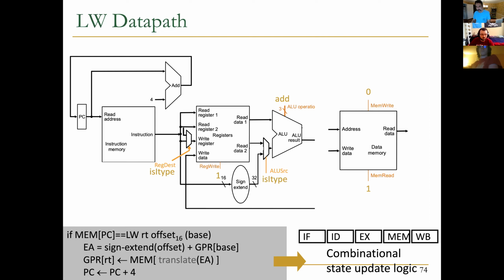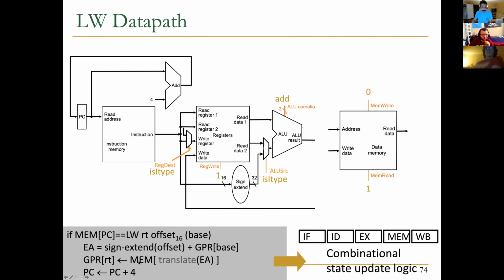So you need to do some wiring here in order to give it the right address and give it the right data, right? And also send the right control signal, depending on whether you have load word or store word. You need to set this correctly: memory write for a store word, memory read for load word. So by constructing the right data path to enable this, and sending the right control signal, next time we add this new type of